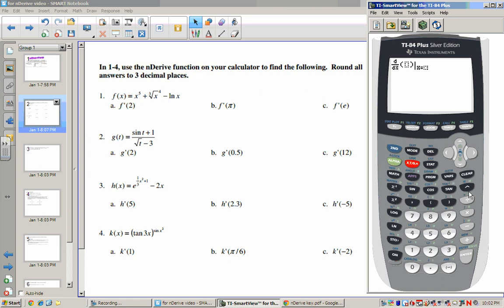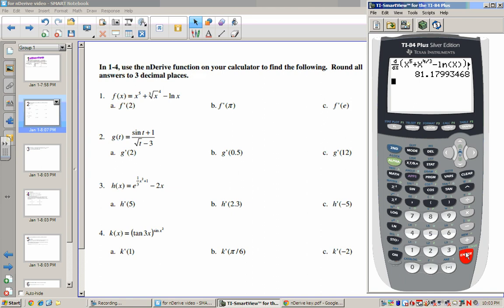So I have x to the 5th, and then plus, and it really still helps to be smart about this, x to the, this is going to be the 4/3 power. So I'm not going to actually write cube root of x to the 4th. I'm just going to make it to the 4/3 power. This, by the way, is the nice thing about this math print, because it also puts the exponent in the exponent, minus natural log of x. Close that parenthesis, and I want this all when x is 2. I press enter, and there's my answer,